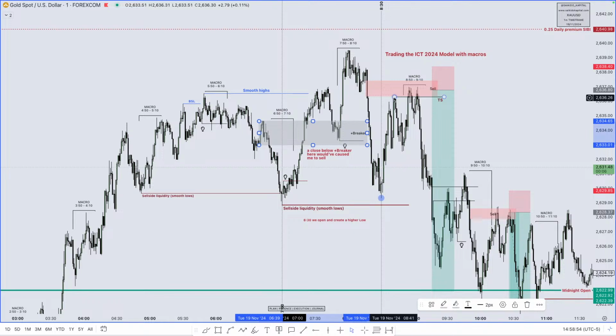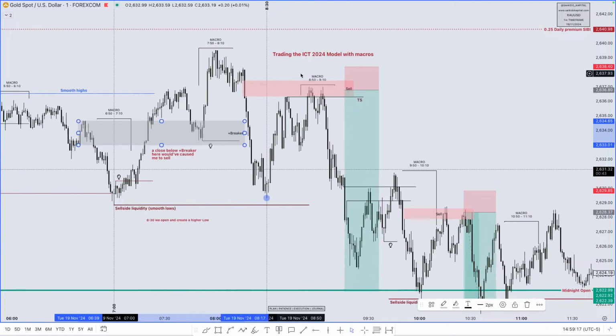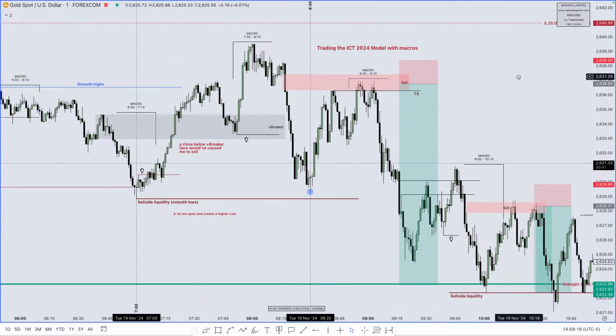So I sold before it could enter the fair value gap. I was patiently waiting for it to enter the fair value gap here. But sometimes you find that on your broker, it won't fill the fair value gap. So when it's a tick away from it, I just execute, because on some brokers it's not gonna fill the fair value gap, but on some brokers it might. So as soon as this happened, after this bearish market structure shift after this purge here, remember